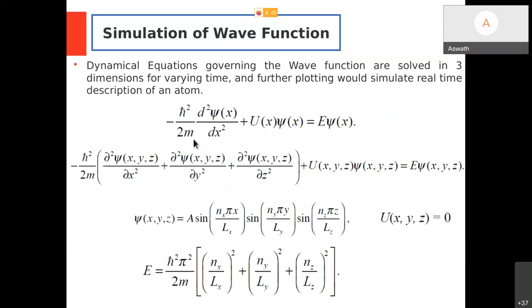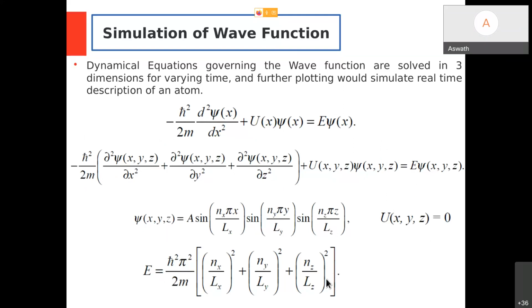In a similar way, I can write the Schrodinger equation for a 3-dimensional system. A 3-dimensional system means the electron is in a space, in a box, some kind of potential box with U as the potential. This equation governs that system, where E is the energy of the electron where it can exist. If I solve by assuming the box has 0 potential, I get solutions like this. The energy corresponding to this state is this one.